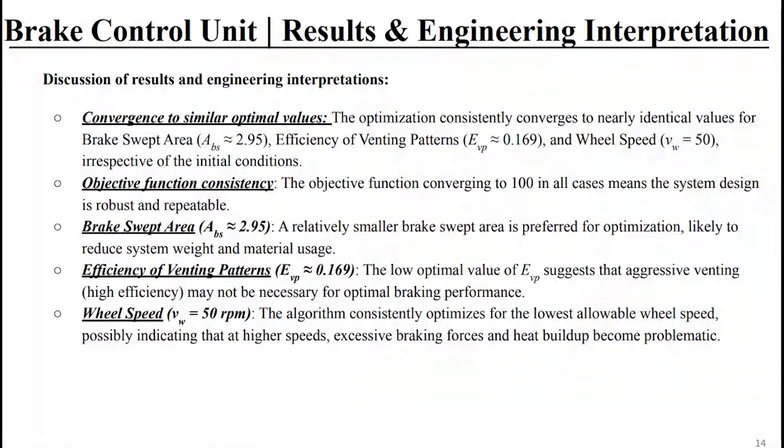The major results and engineering interpretations are as follows. We have achieved the optimal values for brake swept area as 2.95 square inches, efficiency of venting patterns 16.9%, and speed as 50 rpm on average, accounting for minor discrepancies discussed earlier. Consistency in functional value indicates robustness in the system. Moreover, it is indicated that a smaller brake swept area, smoother venting, and lower wheel speed result in overall lower